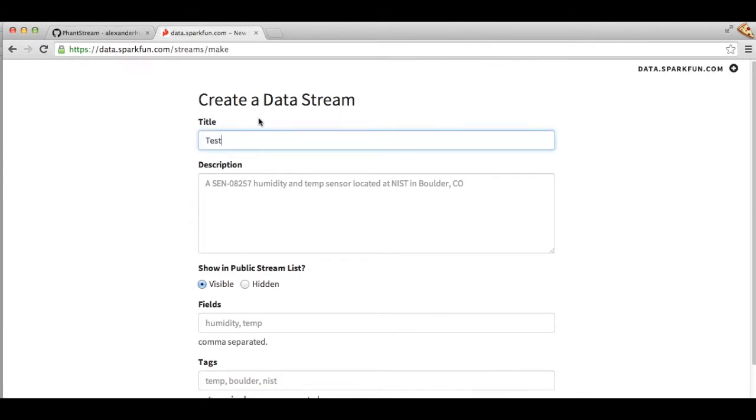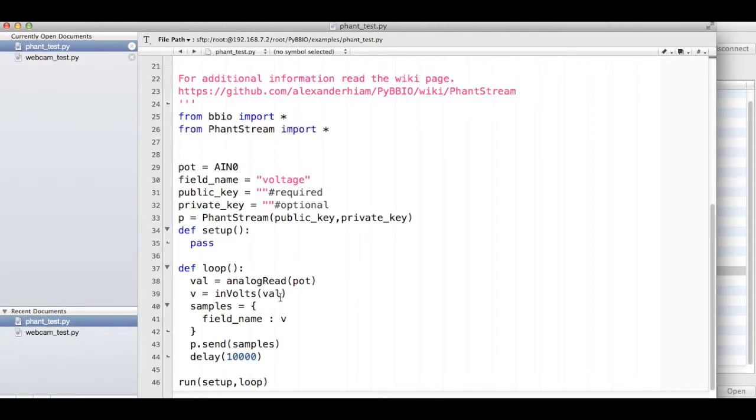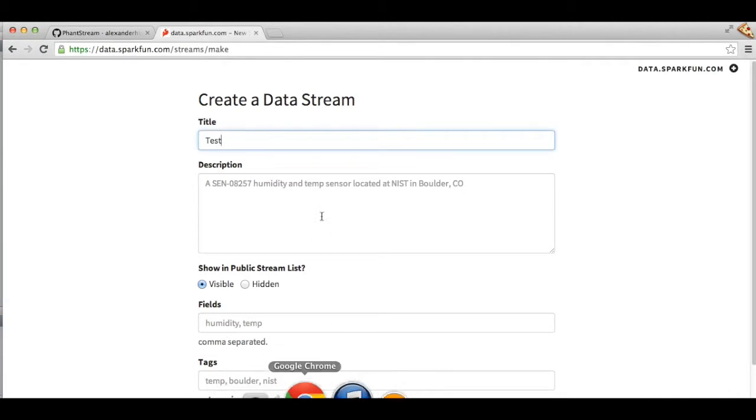So I'm going to name it test. Just check the program. The field name that we've chosen here is voltage. So that's the field name that we have to put into the stream too.